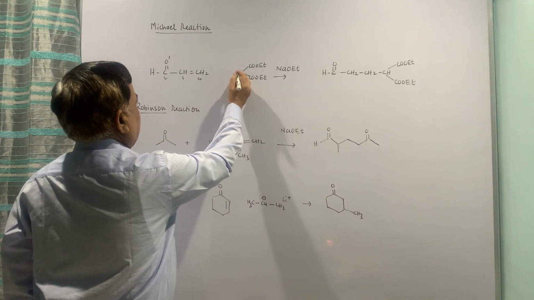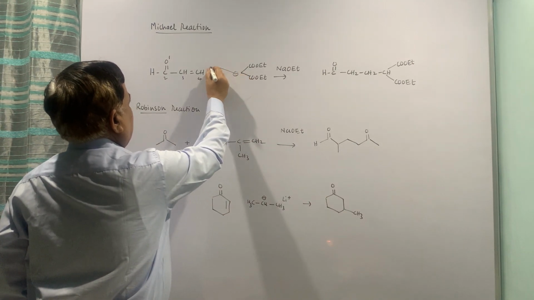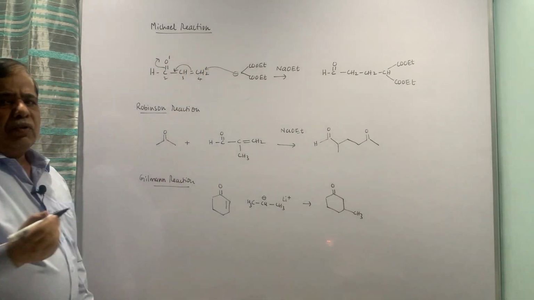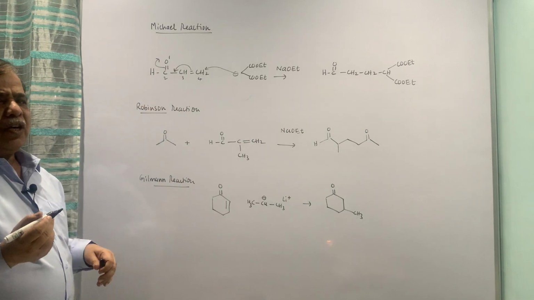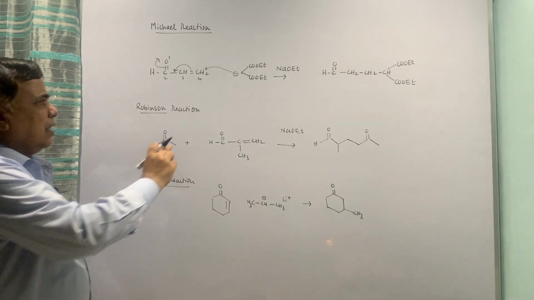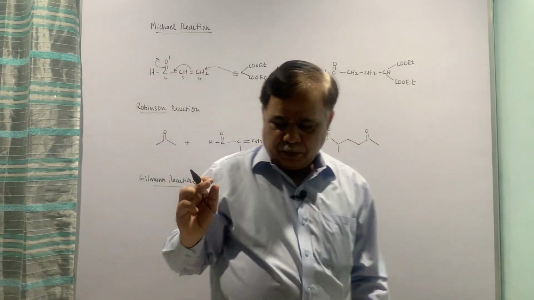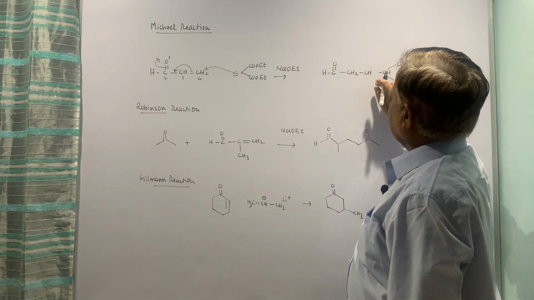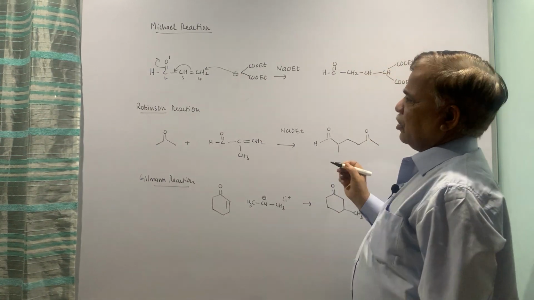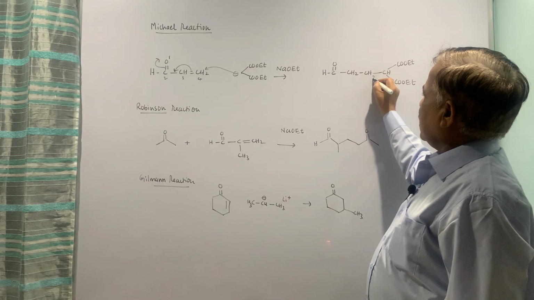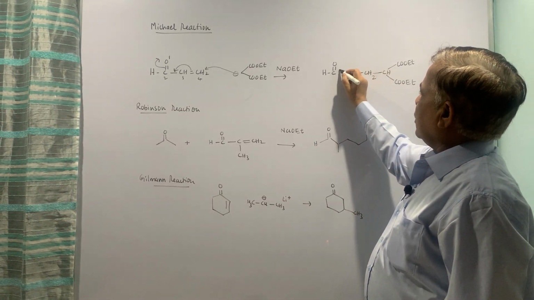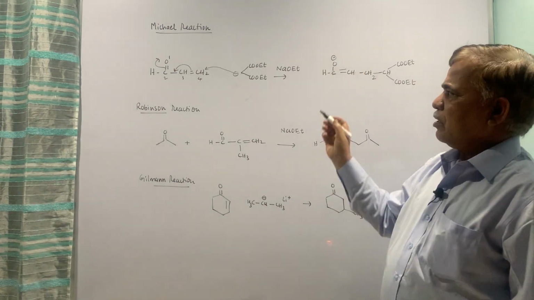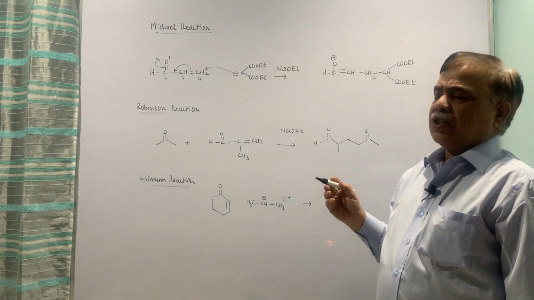So this is the carbanion, and when I show this arrow, the electron pull is towards oxygen, because the carbon oxygen bond is working as an electron sink, and as a consequence of this kind of addition, I will put that this is the new bond you are generating. This is CH2, this is CH, and now you will be having a negative charge on oxygen because the electrons are flowing in that direction.